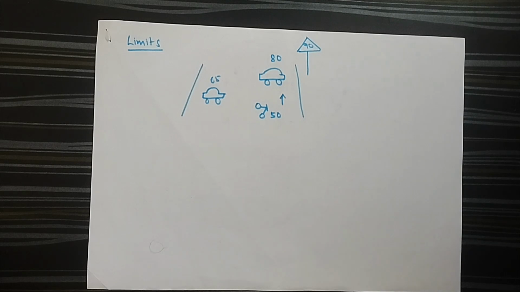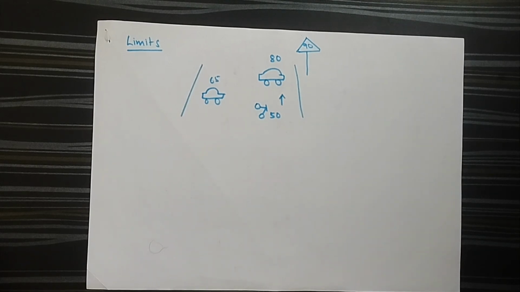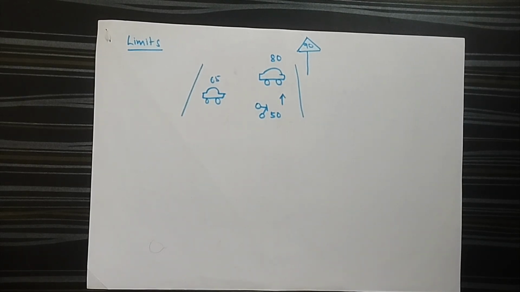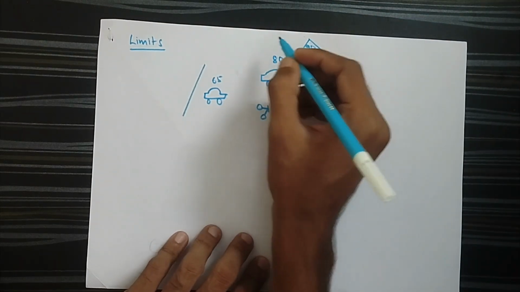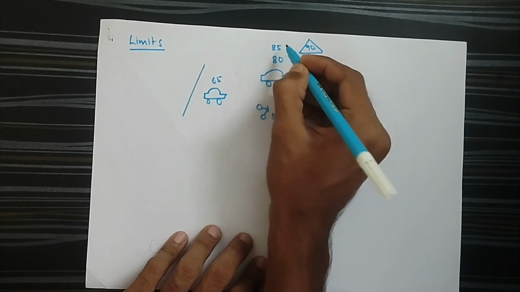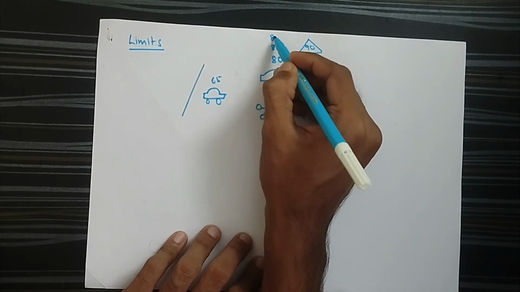Then why is there such a speed limit on this road? Is it meant that all the vehicles should travel at 90 km/h? Of course not, because then the risk of accidents will be very high. So what does 90 actually mean? 90 is a limit. So we can drive, suppose this car accelerates up to 85 and then goes up to